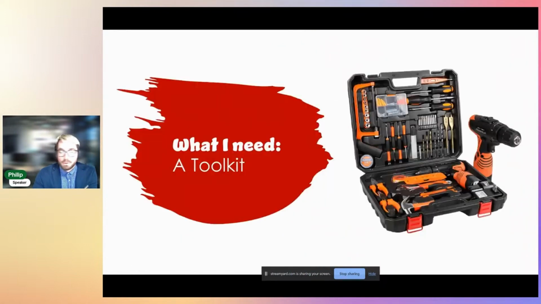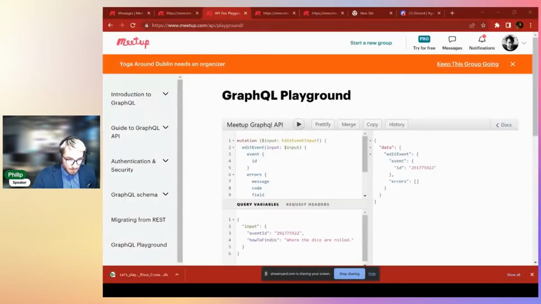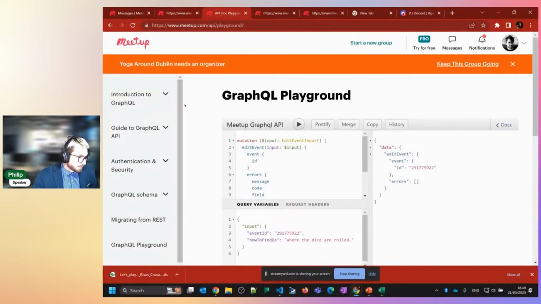Oh, I will stay here for a while. We can see that on the website. On the website, they actually have an API playground,